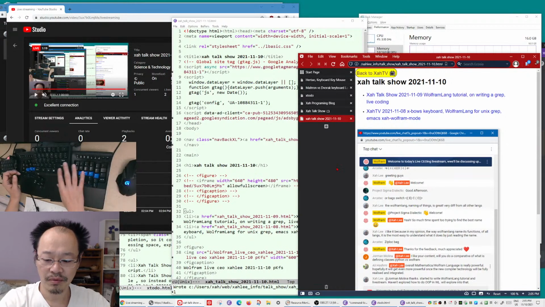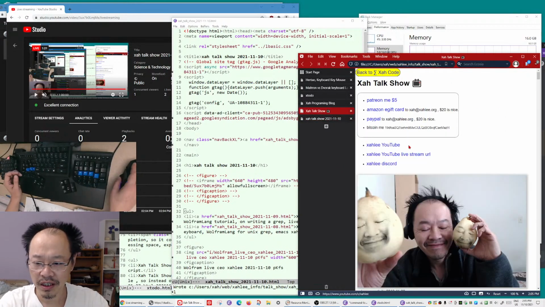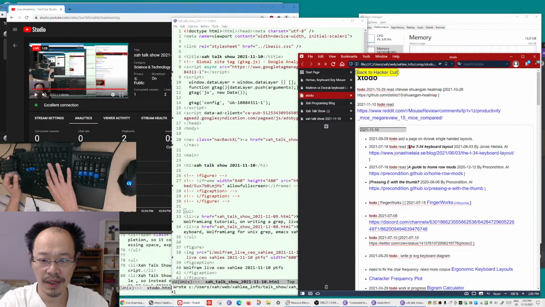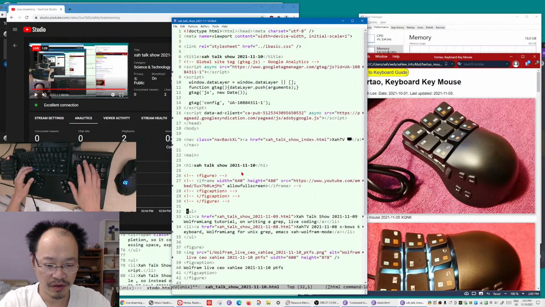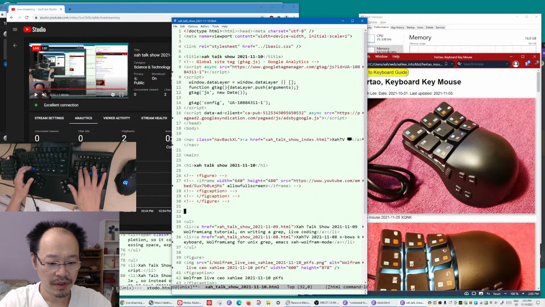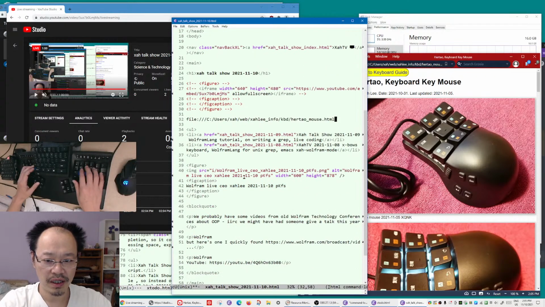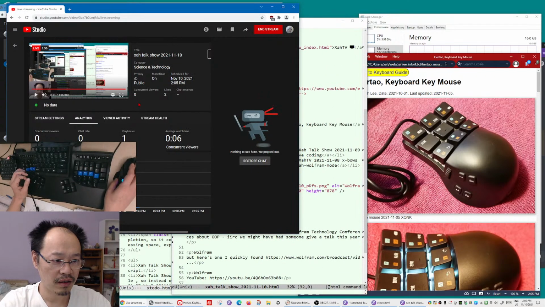So first of all, keyboard and mouse, okay. Keyboard and mouse. I was going to start to talk about this fantastic keyboard, okay? So let's post it here. I was going to talk about Wolfram language, but up to your interest. If you guys are here,